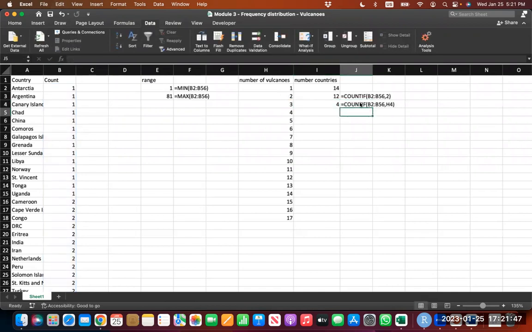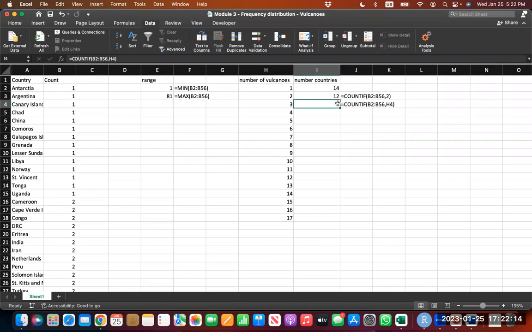So basically what it does, it's the same formula as the formula above, but it changes the criterion of 2. It changes it to H4, which is this value here. Simple. And now continue thinking about it. You remember from last time, and I will repeat that today, that we locked in a cell with a $sign. Because if we would go on now